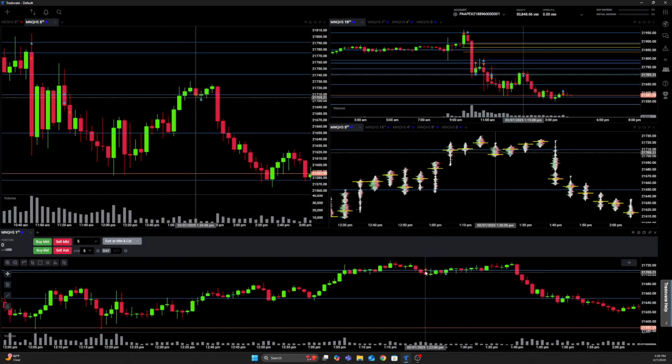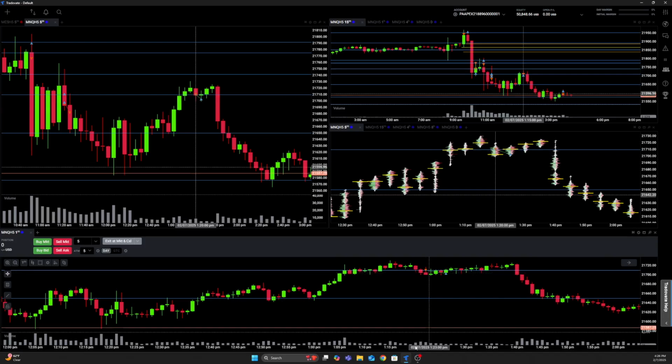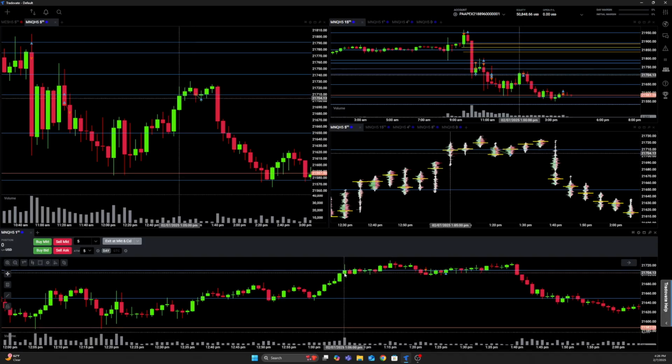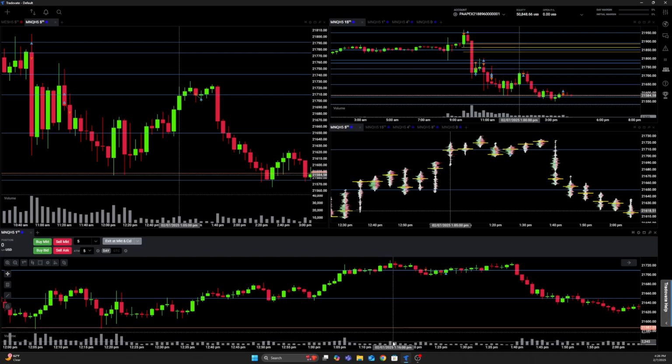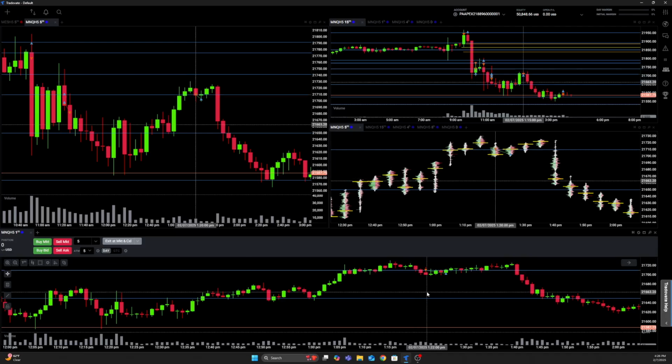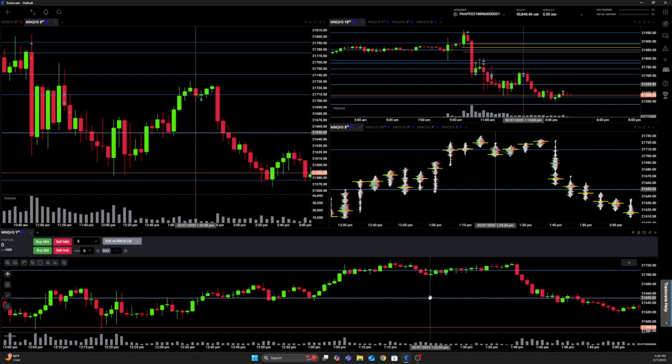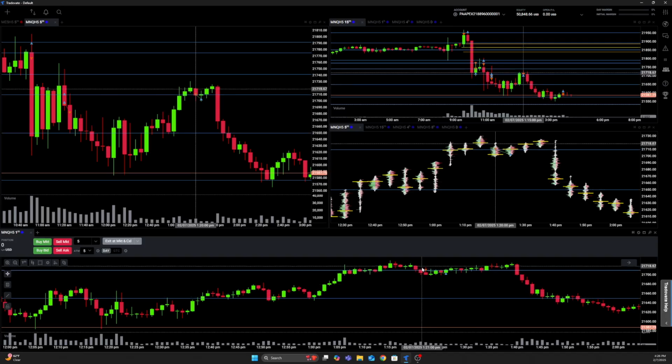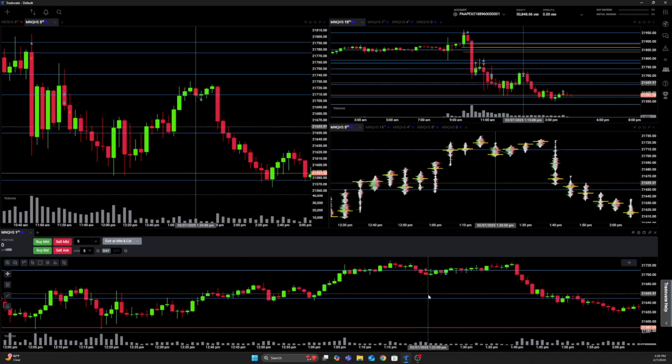I entered on this candle once we started to break below on increasing volume, right? We see those rejections being on higher volume, like this candle that tested that level and couldn't break above it, high volume. Same thing, tried to break out, couldn't, high volume. And then we start to get this pullback on high volume, and I entered short. My stop loss was above this little swing high here. My take profit was 30 points, and then at this next level down here at about 60 points or so.